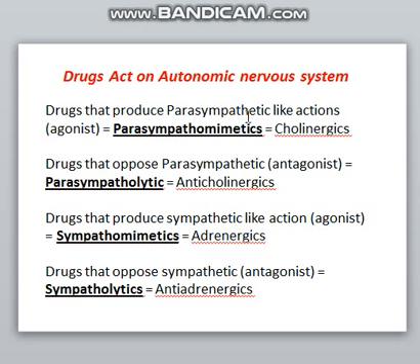If the drug produces parasympathetic-like actions, acting as an agonist, it is known as parasympathomimetic, also known as the cholinergic system. The drug that opposes the parasympathetic action as an antagonist is known as parasympatholytic, or anticholinergic drugs. Drugs which produce a sympathetic-like action or agonist are known as sympathomimetic,